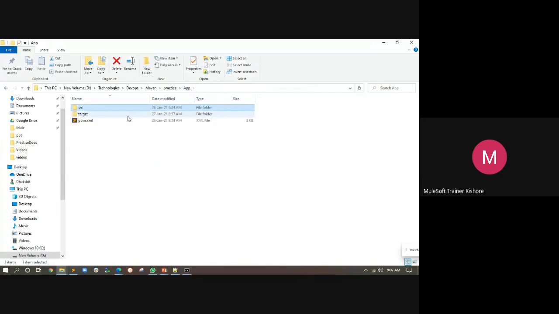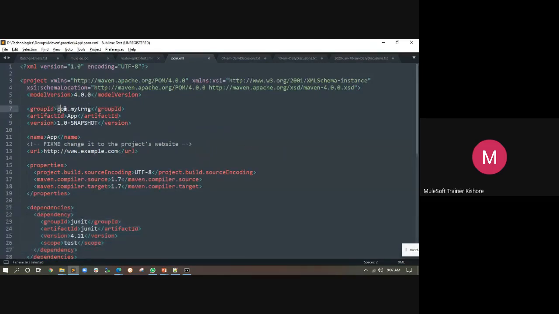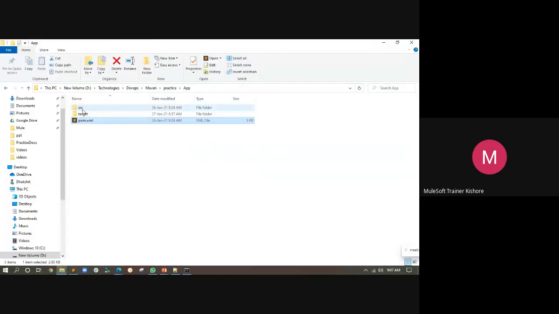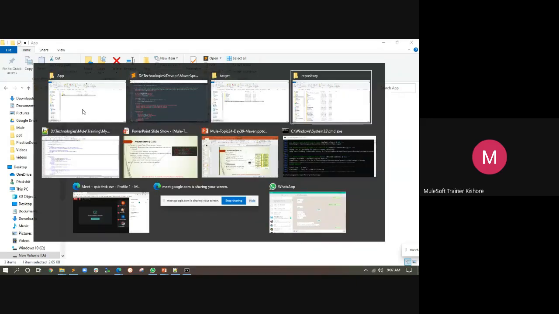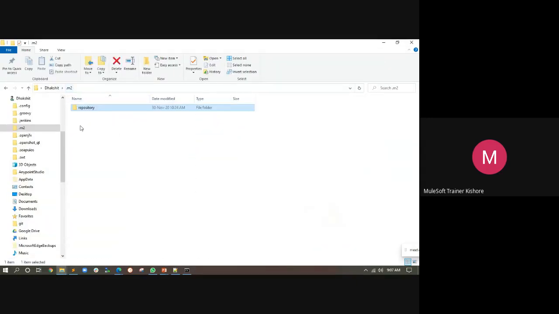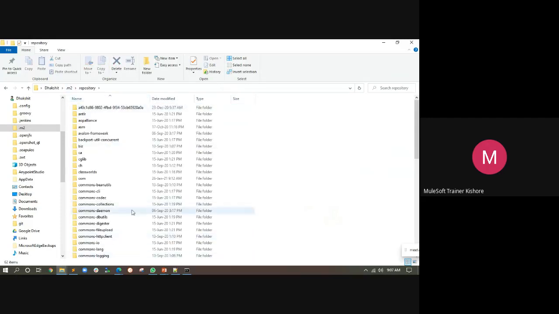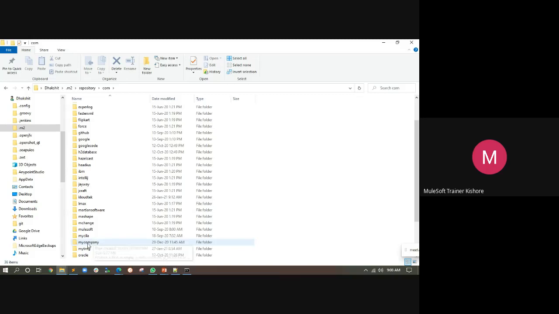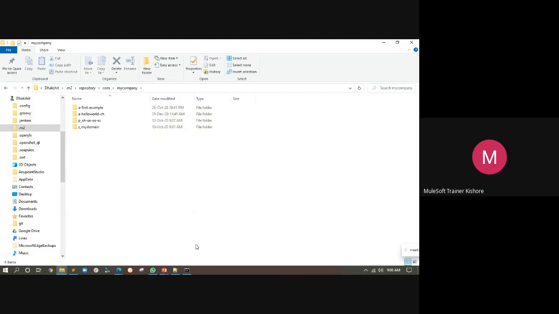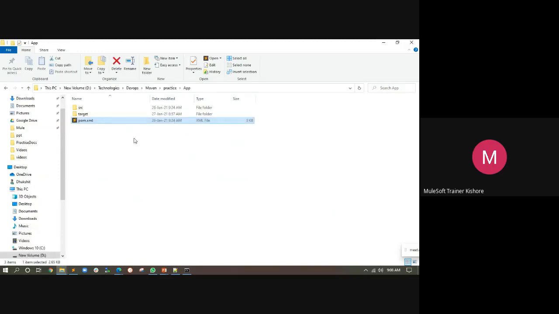Yeah, this one, right? So in this one, what is my GAV? My GAV is group ID com.mytraining. So when it gets downloaded, when it gets saved in your repository, just go to .m2 repository, which is the place where your Maven stores its downloads. So com, under that there is something called my company. Look for it, my company, and inside that there are many examples created with this name, and inside that you will have app,